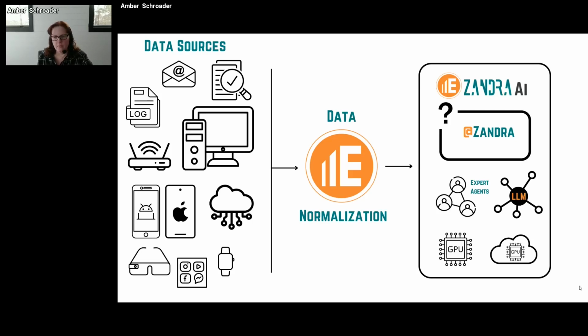So the way that the architecture runs is the input and the output is always through a large language model. And then it uses a mixture of agents approach, a mixture of experts as well.